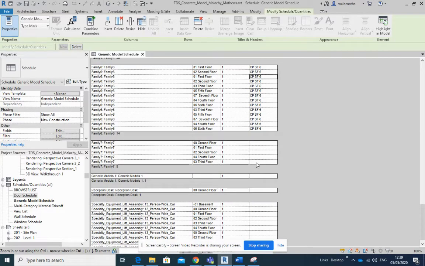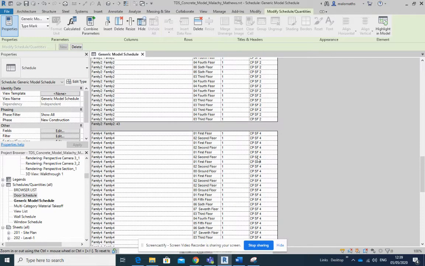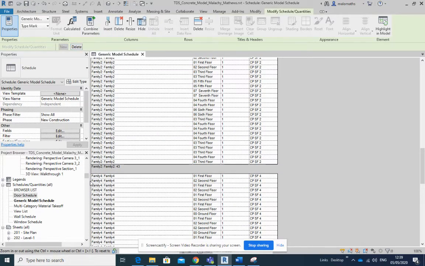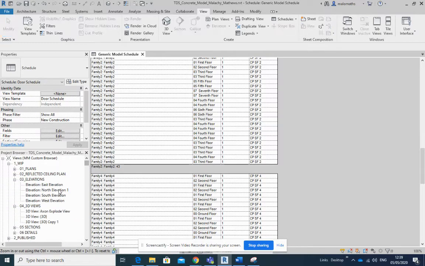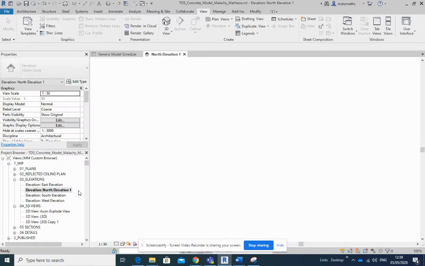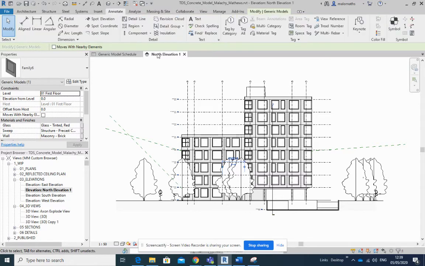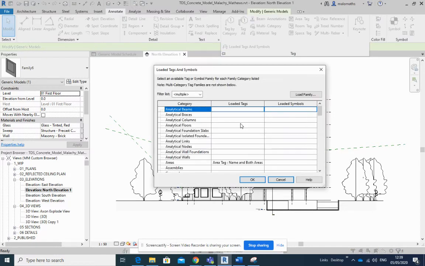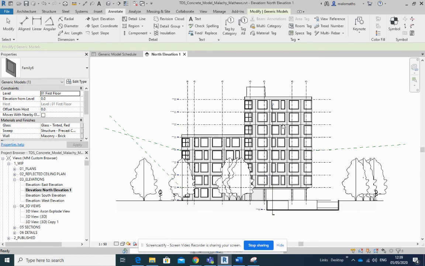Now, the interesting thing about concrete panels and putting in the type mark means that if I go into an elevation, say here, not quite sure where these occur, but that's it. And I'll go into my annotate. Let's see if we've got a generic symbol in here. So you probably know what I'm doing here is generic models. Yeah, there is one there. So let's